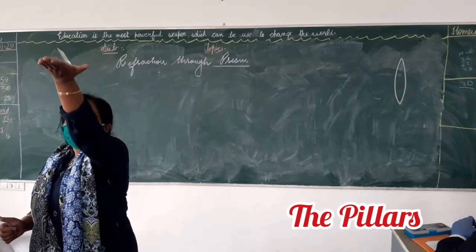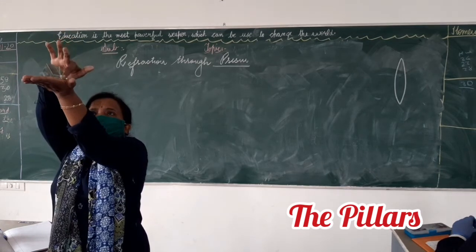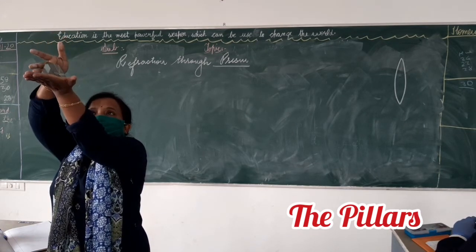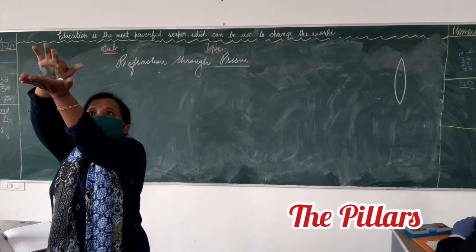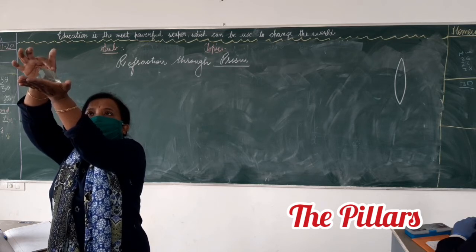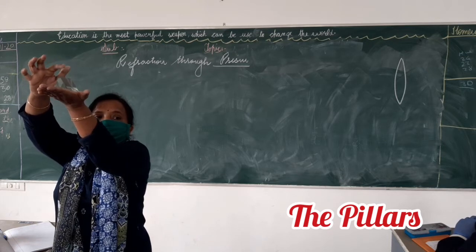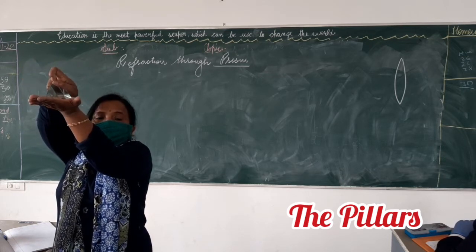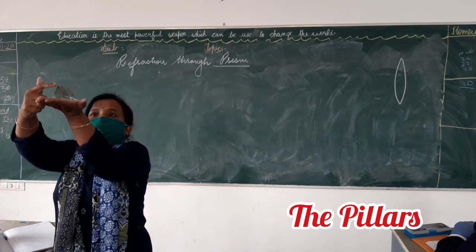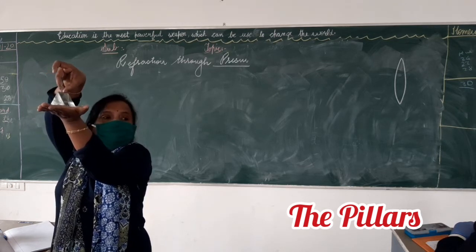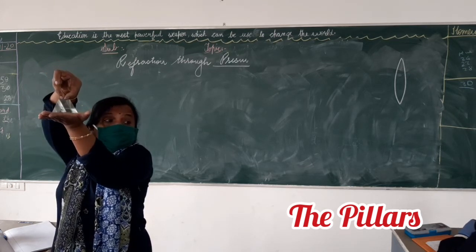See, look here. This is one refracting surface. This is the other refracting surface. Both of them meet each other and a straight line is formed. This is called the edge of the prism, where two refracting surfaces meet. And you can see a triangle formed when these two refracting surfaces meet each other.